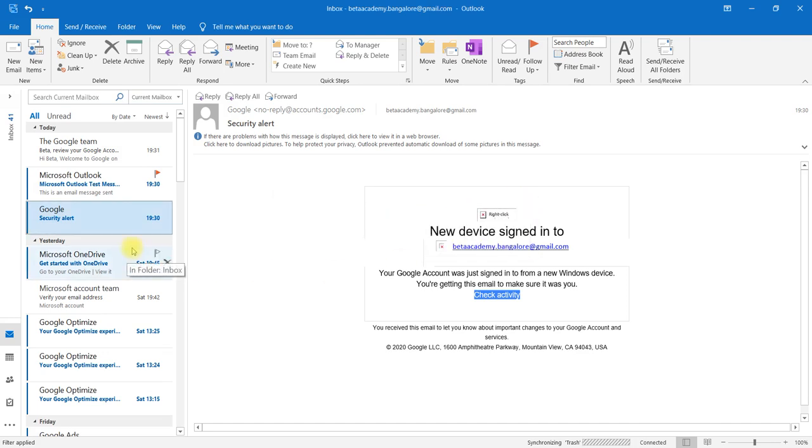Whatever you have archived will be there in your system, but it will not be in the inbox. It will be in a separate folder, like a recycle bin. Like this we can manage: we can delete, archive, reply to the mail, forward your mail, attach a flag, and make it read and unread. Some of the things we have discussed. Much more about email management will be taken in the next video.